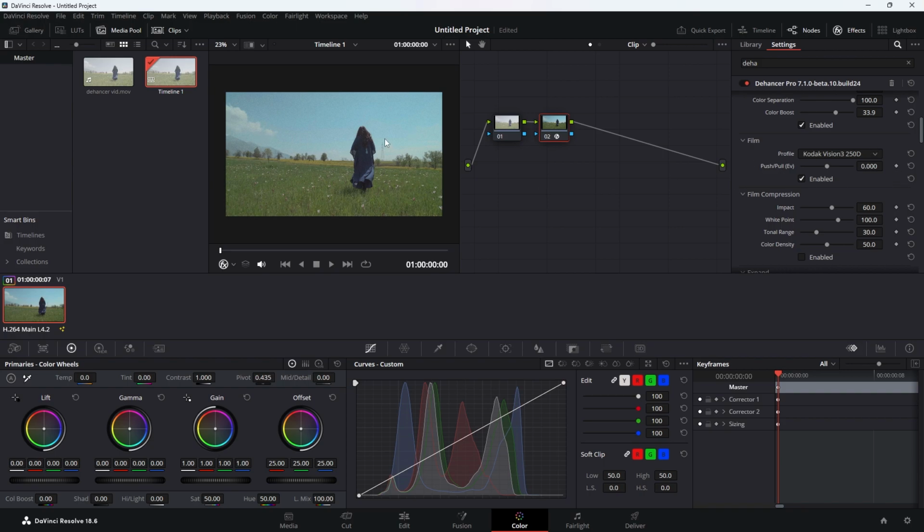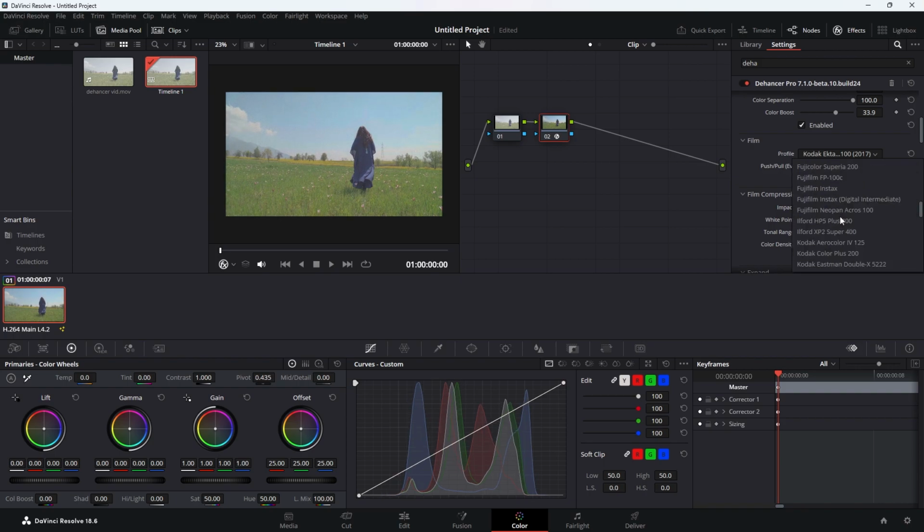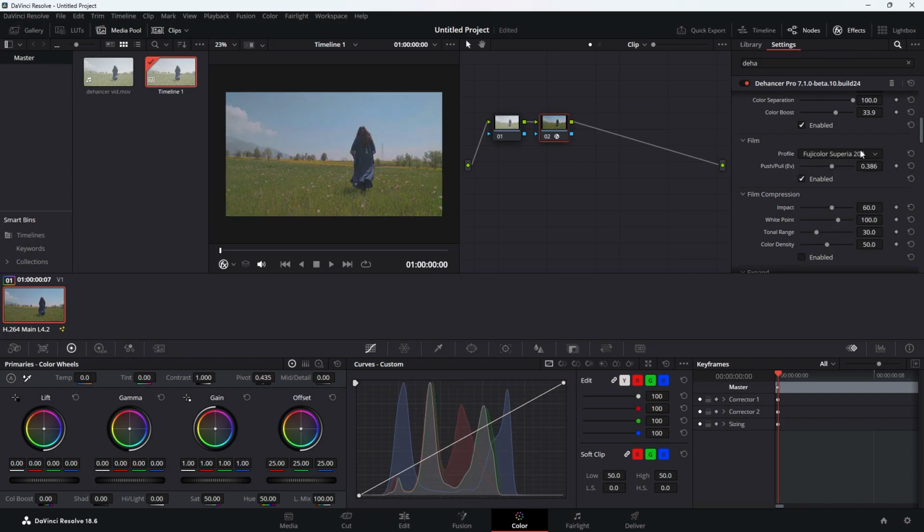As it is an outdoor shoot and you are getting pretty much light from all around the place, you can use either the Kodak Ektachrome E100 or the Fujicolor Superior 200, or my favorite and the one I'm going to use now, the Kodak Gold 200, which gives a kind of warm effect and also suits the environment, so it would be better. If you want, you can still make some adjustments in this section for getting a much better